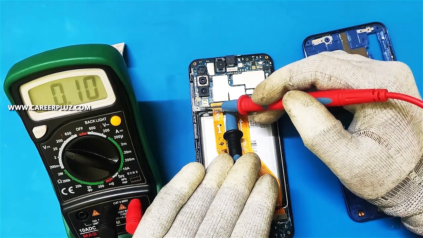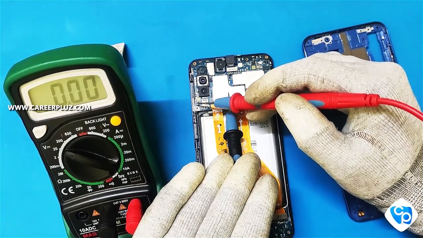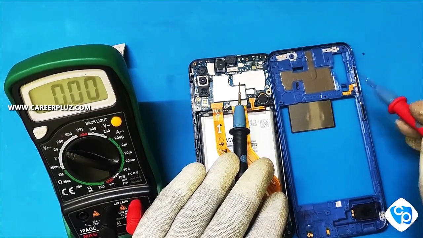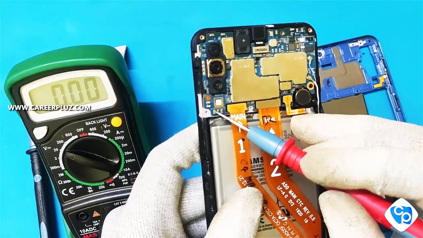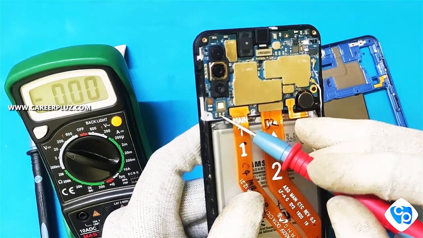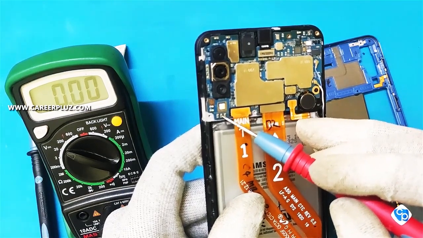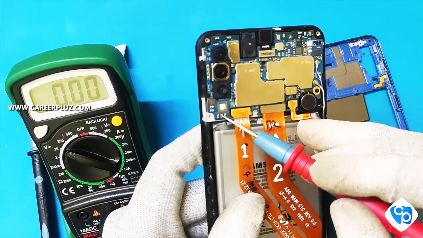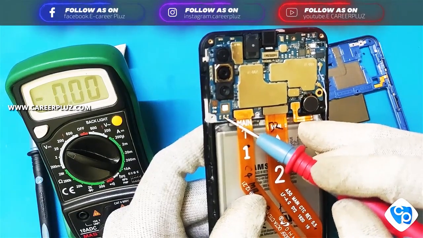Positive pin, negative pin and ground pins will be given separately for power button and volume buttons. Based on this only, the connector is given here on back case. When I checked the first pin, it showed 1.69, merely 1.7 value, and the second pin showed 0.37 value. The first pin is for volume up button, which showed 1.69 voltage. The second pin is for volume down button, which showed 0.36.